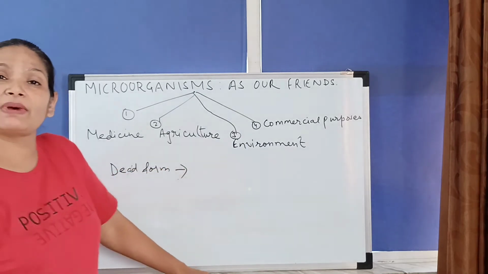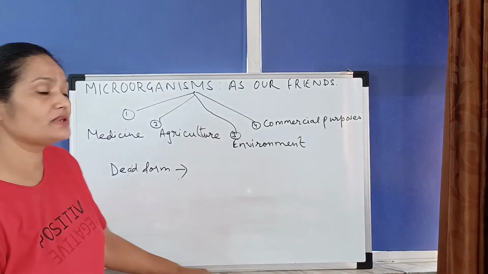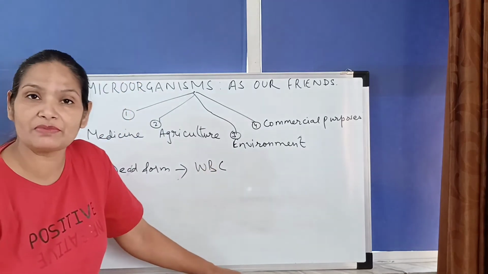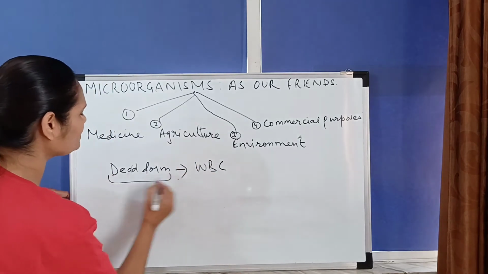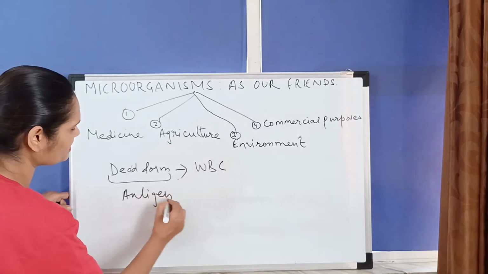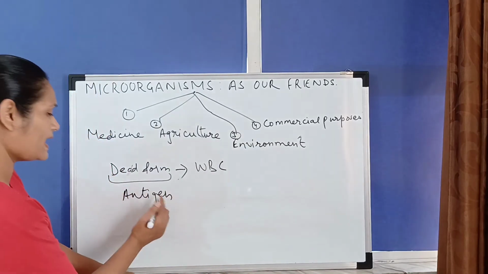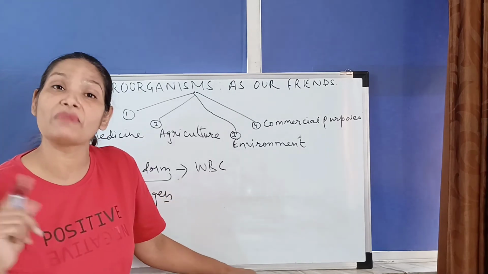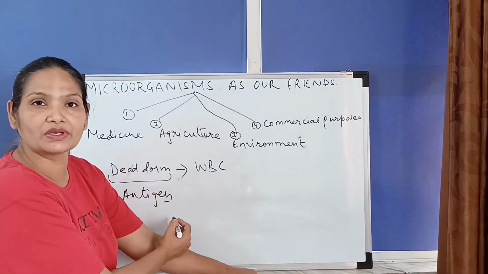will be recognized by our immune system. Now, which cells in the immune system recognize this? That is the WBC, the white blood cell. So it will be recognized by the WBCs in our immune system. Now, as the WBC recognizes this dead or weak form of the microorganism, it is called an antigen. Any foreign material which can harm our body is an antigen for us. Now, as this antigen is recognized by the WBCs, they contain memory cells, and those memory cells remember this antigen, they remember this microorganism.